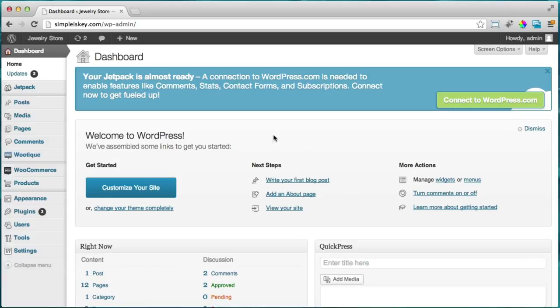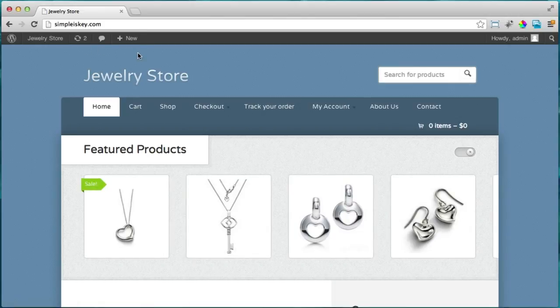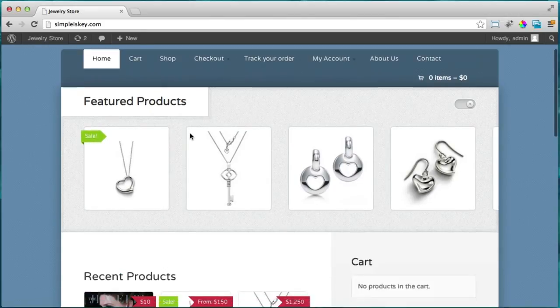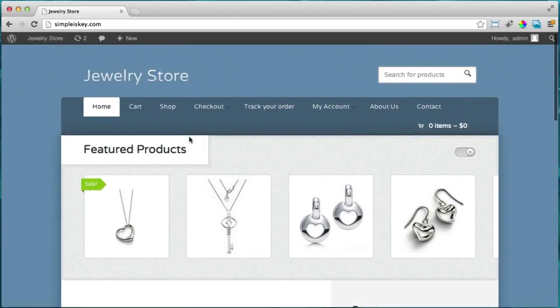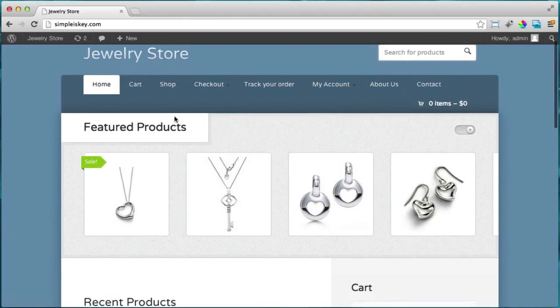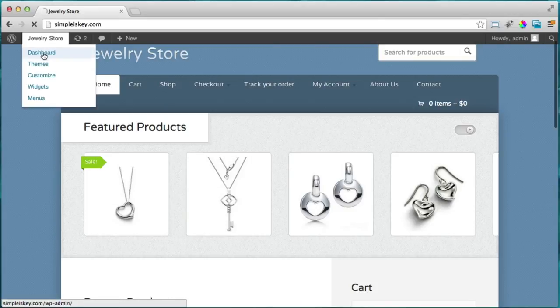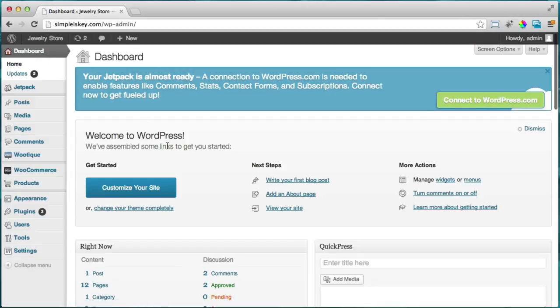Alright, the next thing that we're going to do is add categories to our website. Basically, if you want to shop for earrings or bracelets or rings, we should be able to see only earrings, bracelets, and rings, because that's the way people shop. They're not shopping for random products. If they want to see all earrings, they should be able to see all earrings in one place. So the way we do that is we go back into our dashboard and we go to